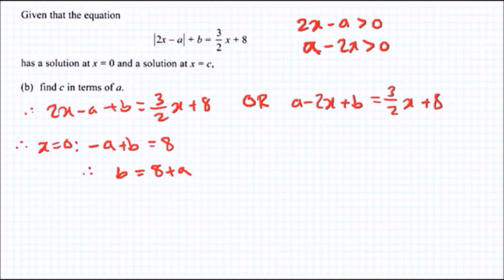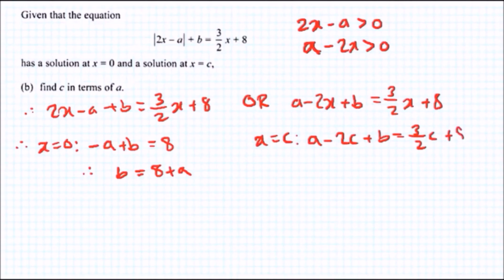You see? So we're going to cancel this out and then start right here. So say when x equals c, what does this equation become? We're going to have a minus 2c. So let's do it quick. A minus 2c plus b equals 3 over 2c plus 8. We know what b is. So remember, we want to write this answer in terms of a. So the b needs to be eliminated. So we know b is 8 plus a. So let's pop it in. So therefore, we're going to have a minus 2c plus b becomes 8 plus a equals 3 over 2c plus